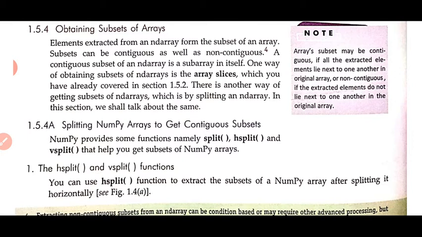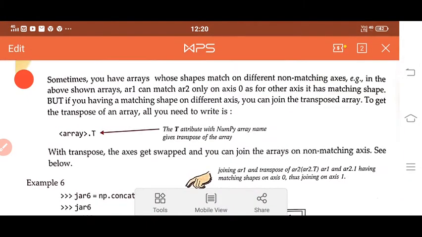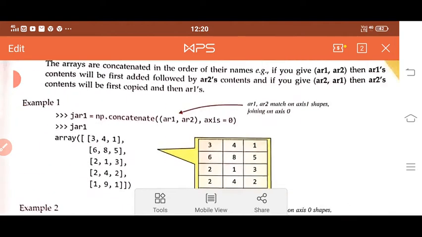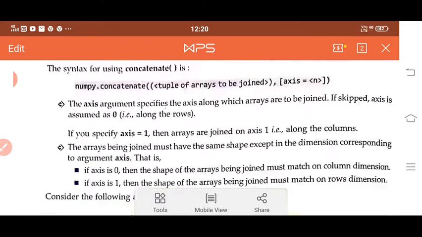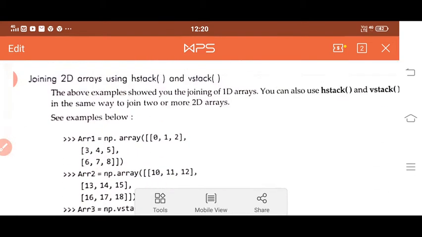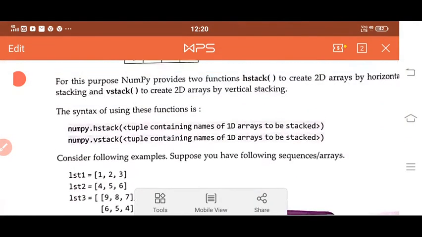Before that, just have a recap of yesterday's class. Yesterday we discussed joining and concatenating ND arrays, 1D and 2D ND arrays, combining existing arrays using the concatenate function, and joining or combining 2D arrays using the hstack and vstack functions.